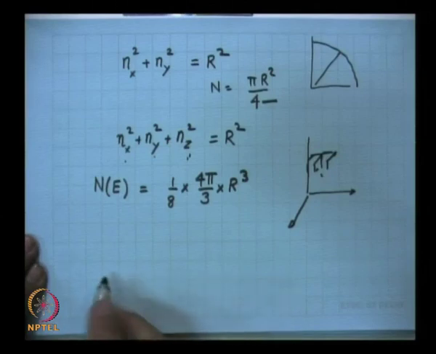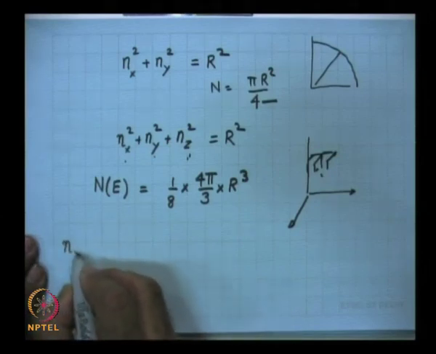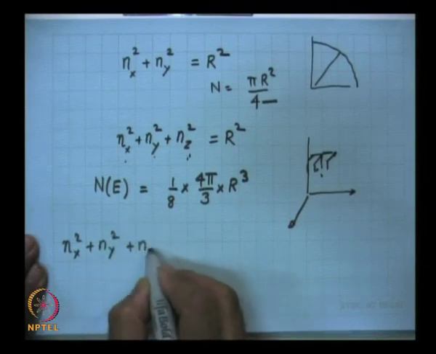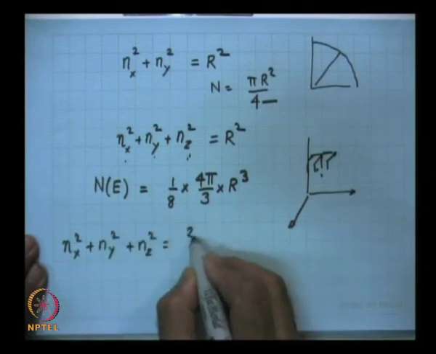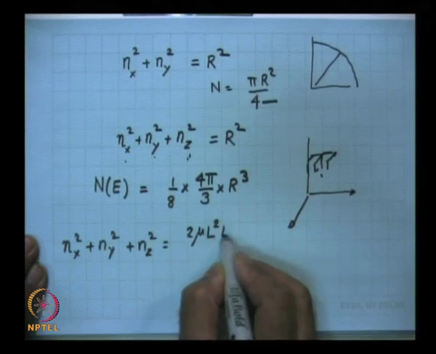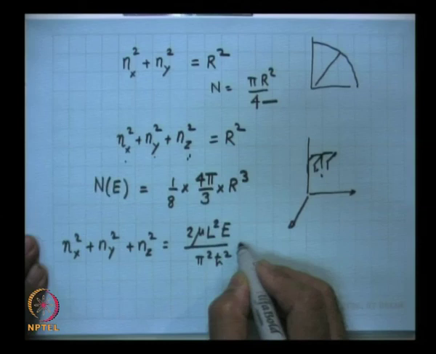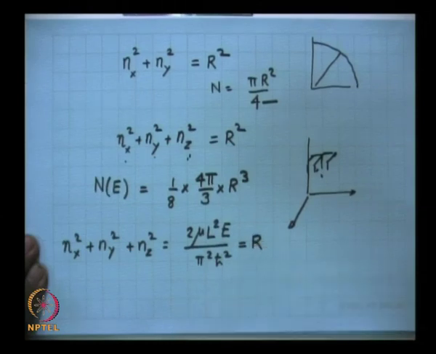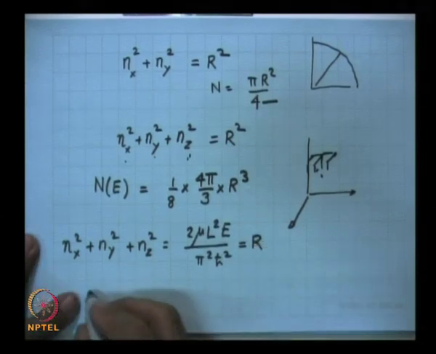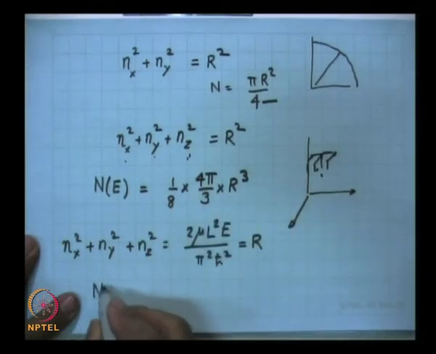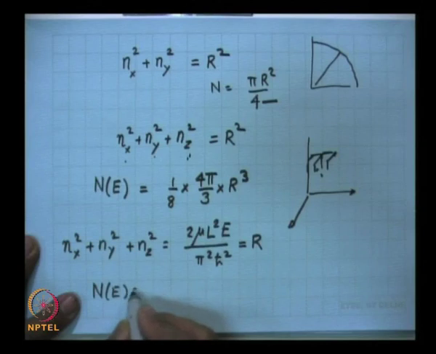Now, if you recollect, nx square plus ny square plus nz square is equal to 2 mu L square E by pi square h cross square. So, this was my r. So, n of E will become pi by 6